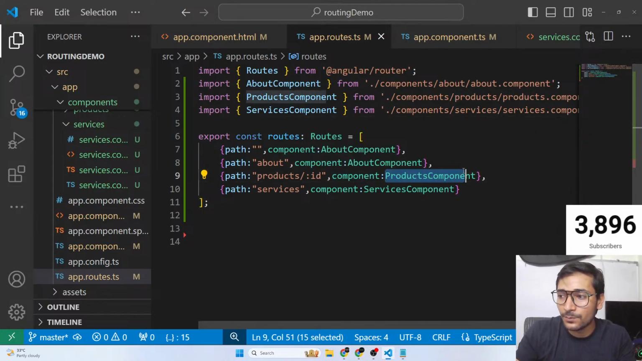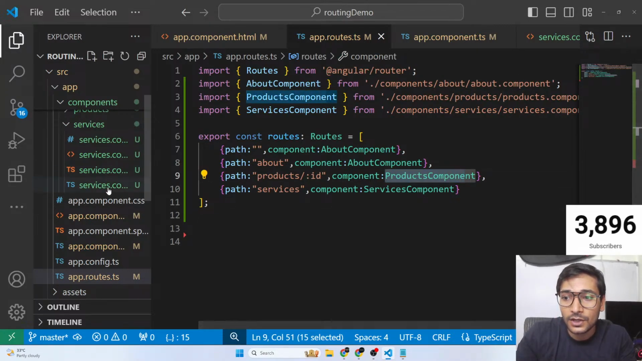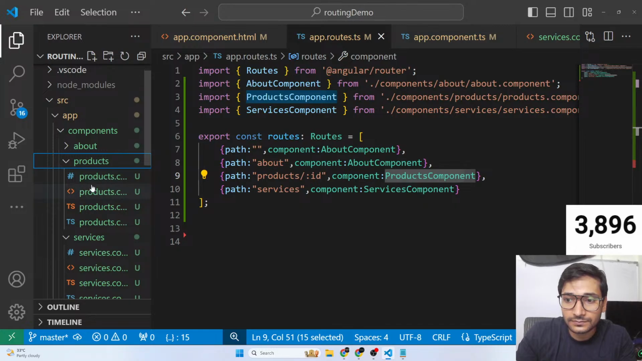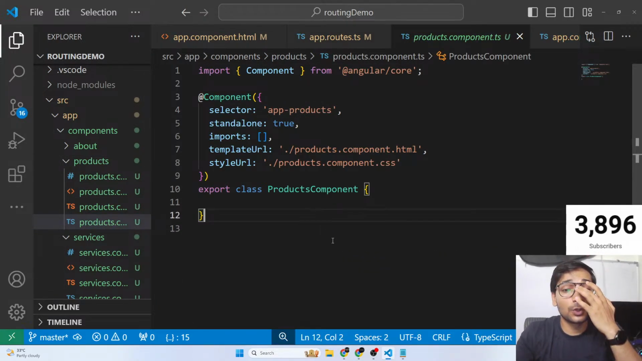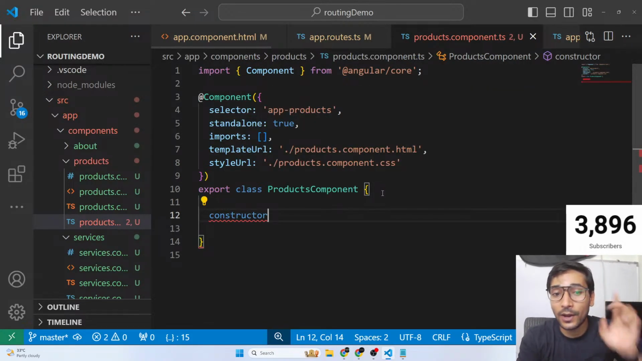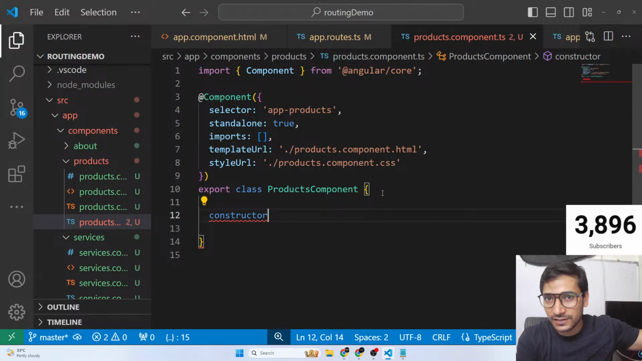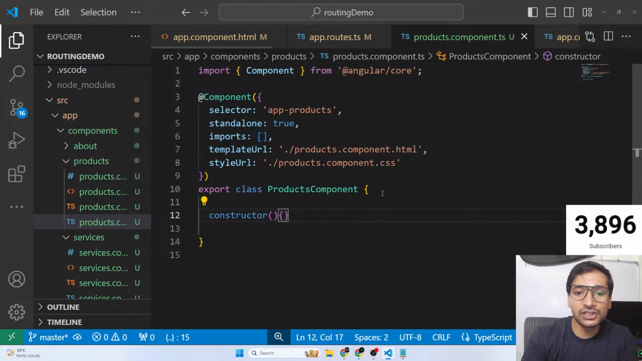We are loading the product component based on this path. That's why, guys, this variable will be available only in the product component. So let's go to the product component and open its TS file. Let me show you how to read that variable here. First off, you need a constructor. I hope you remember your TypeScript lectures, everyone. In the constructor, you need to inject